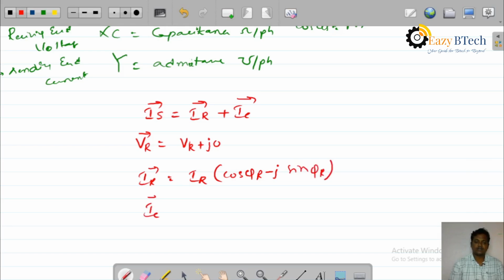IC vector equals the current through the capacitor. The voltage across the capacitor is VR, therefore it is J omega C VR vector. If the admittance is given, then it is VR vector into Y vector. Okay. Now, if you substitute IC and IR in the IS equation, we get